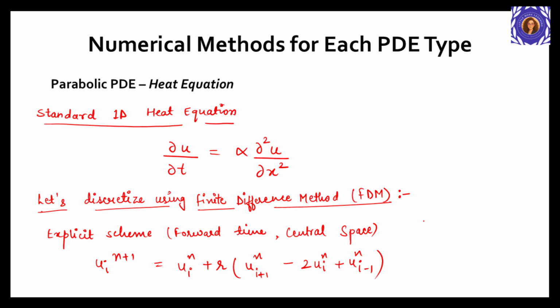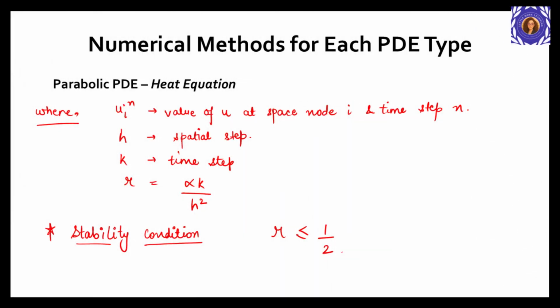Two key approaches we use here are: first, the explicit method, that is straightforward but conditionally stable, and second, the implicit method, more stable but computationally intensive. In the explicit method, we use forward difference for time and central difference for space. That's where the stability condition, often referred to as the CFL condition, becomes important. If violated, the method becomes unstable and the results start diverging.